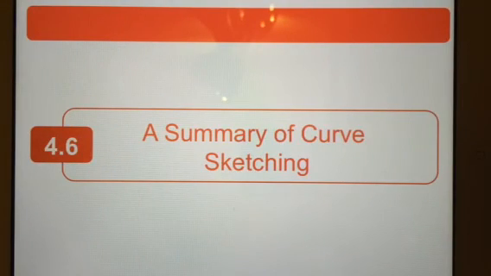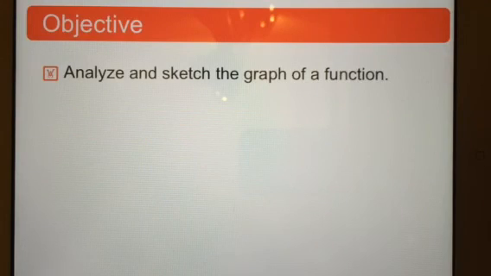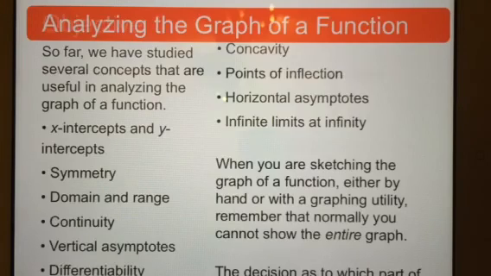So here is a summary of curve sketching. The objective for this section is to analyze and sketch the graph of a function. So far, we have studied several concepts that are useful, such as x-intercepts and y-intercepts, symmetry, domain and range, continuity,